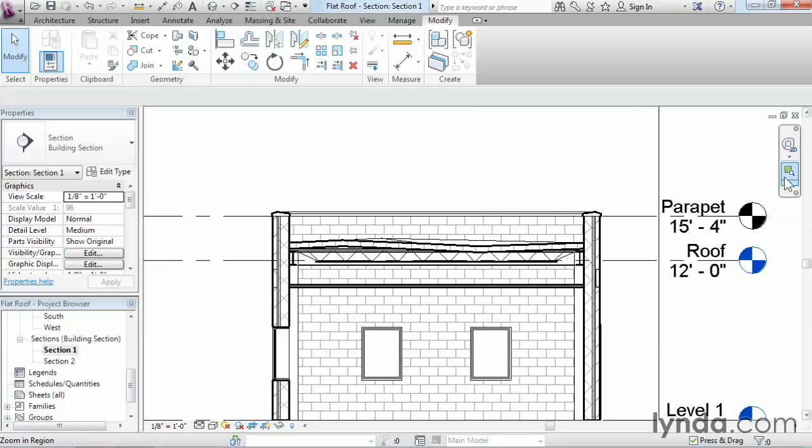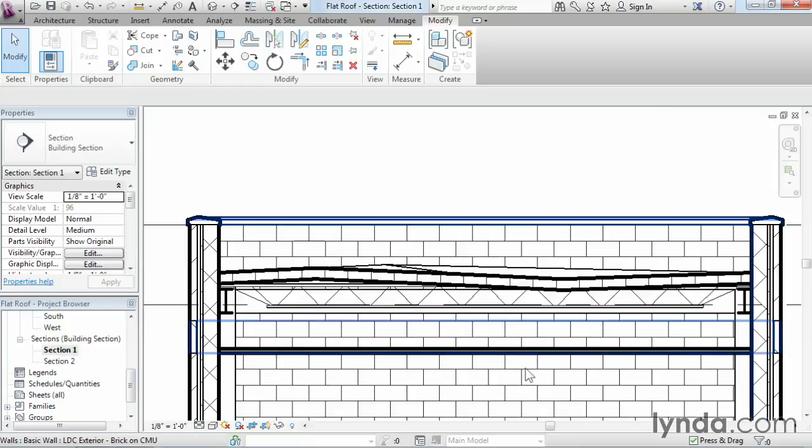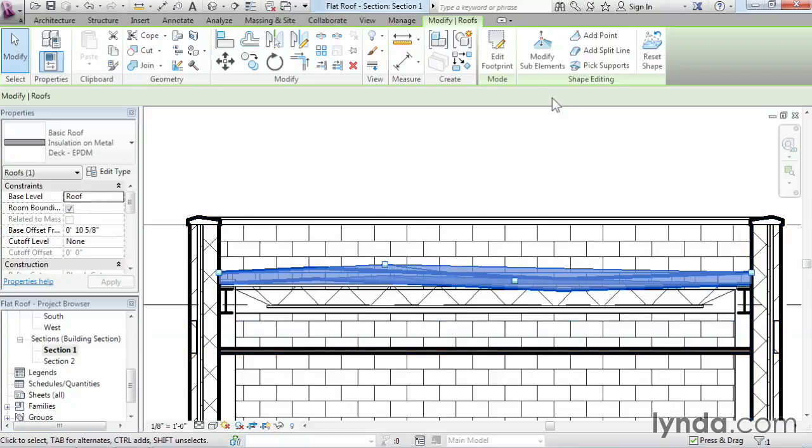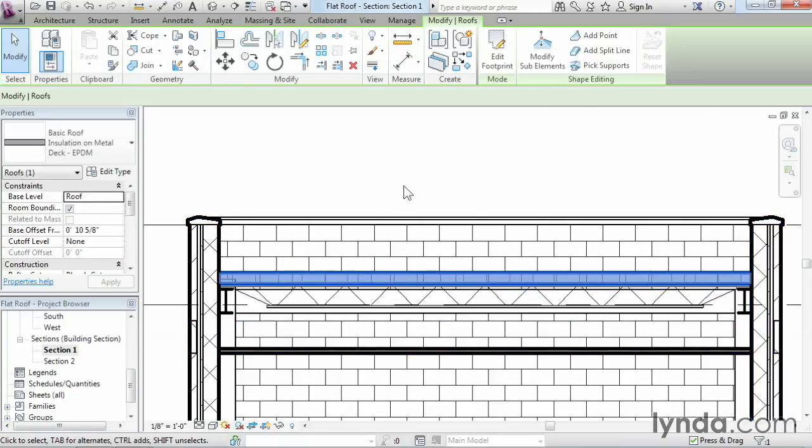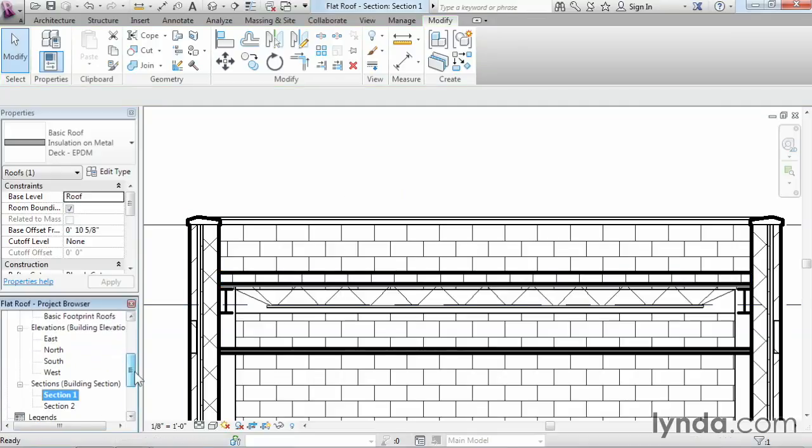But if we investigate this section a little bit more closely, we see a few things that we might want to address. First of all, probably don't want such a weird shaped roof. I'm not really sure if that would be of much benefit. And secondly, you can see that the entire form of the roof is twisting with those points. So there's 2 things I want to show you next. I'm going to select this, and I'm going to actually reset the shape right here. Then I'm going to go back to my 3D view